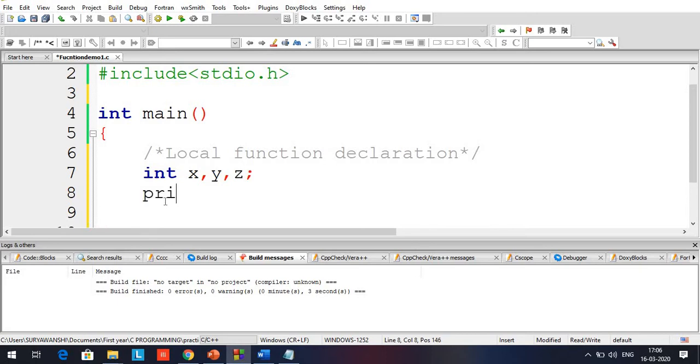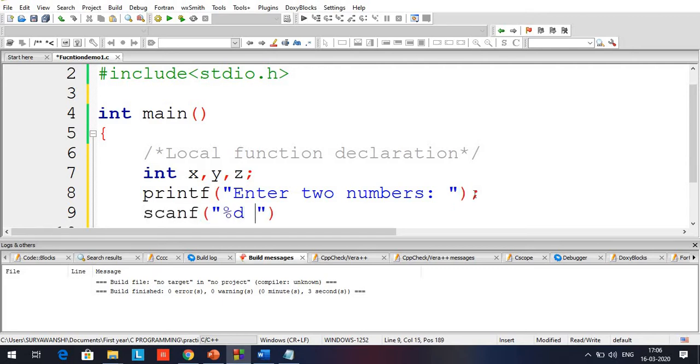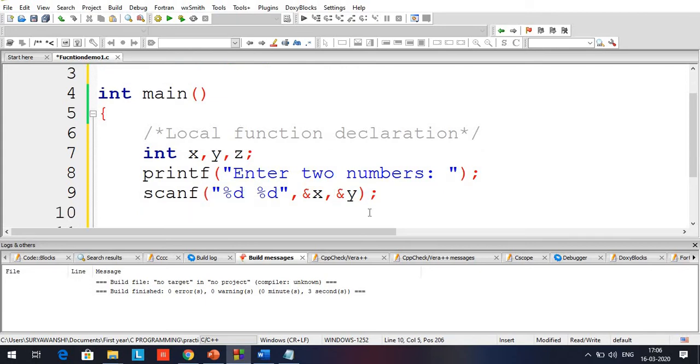And here we give a prompt to the user saying enter two numbers. Now we will scan these two numbers, so scanf %d and %d, and &x and &y. So we are reading the values into these two variables x and y,